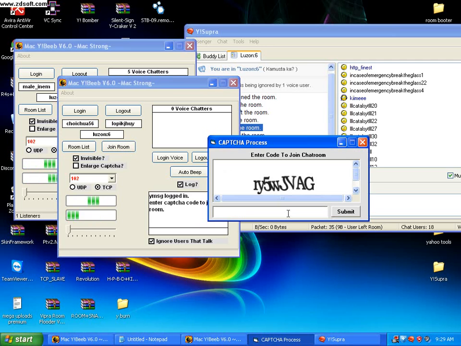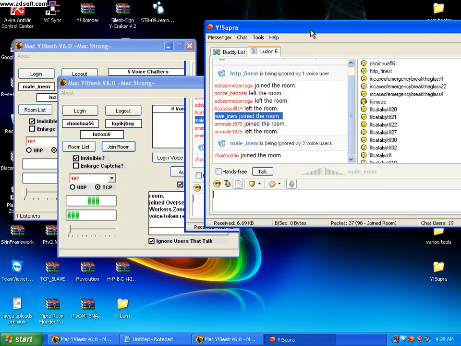Okay, log in first, you log in, then join the room. Then RY WJ BAG RY5. Okay, RY5. Submit. There it goes, the room, right?